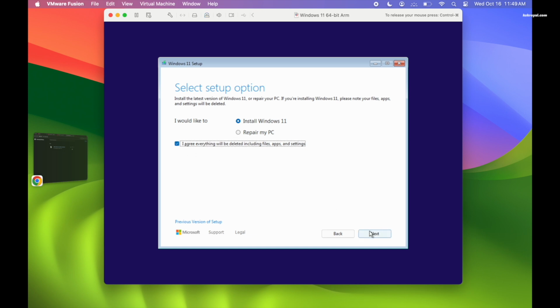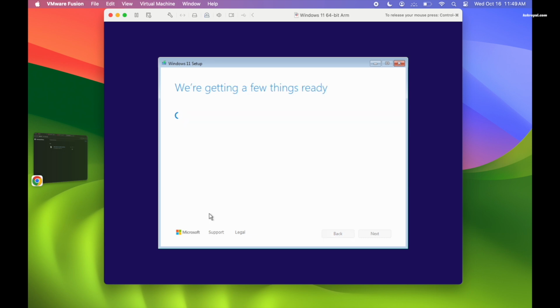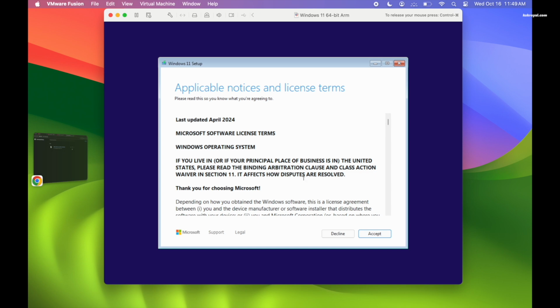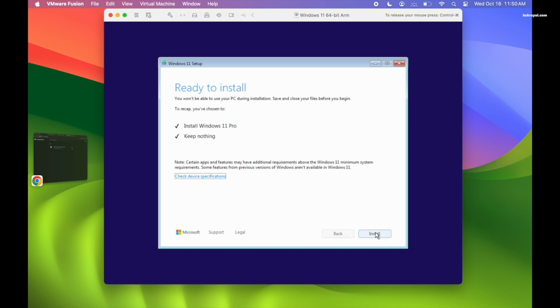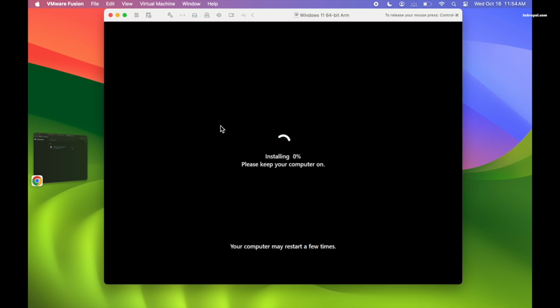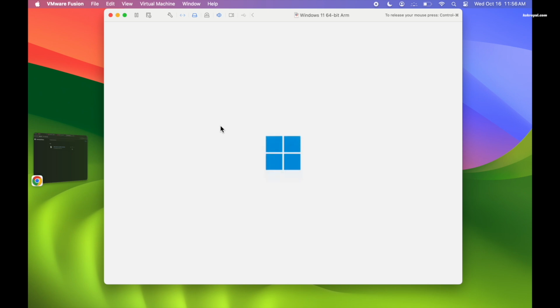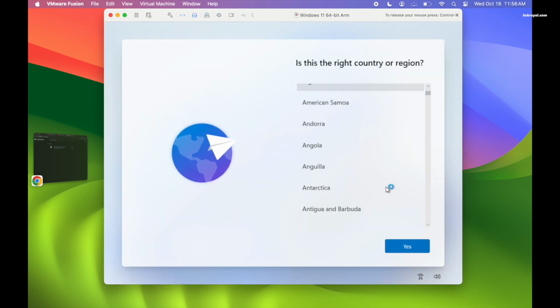Now follow the on-screen instructions to install Windows 11. If you have a license key, you can use it to activate the OS. After installation, the virtual machine will reboot into the Windows 11 welcome screen.